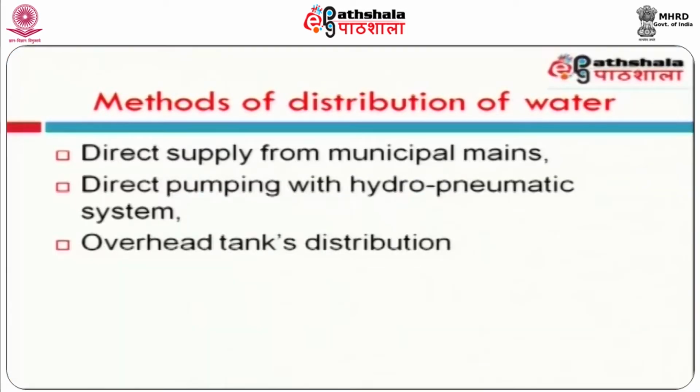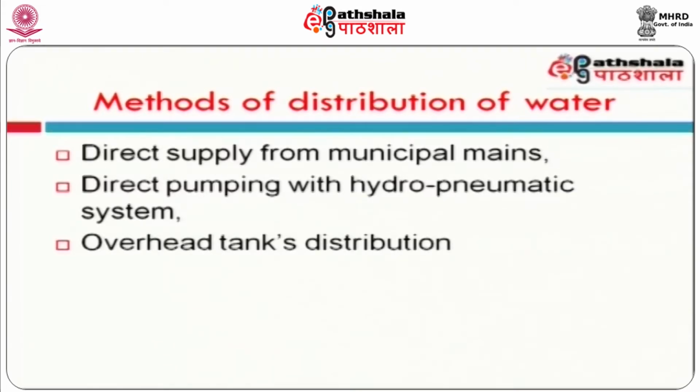Now, we will see the different types of distribution. So, here we are discussing the distribution to the high-rise building. The high-rise buildings may have different floors. Like in cities and towns, here also we have to divide the high-rise building into a number of zones. In each zone, we can have 5 to 7 floors. If the number of floors is greater, we have to divide into 5 to 7 floors as a zone. For each zone, we have to provide one storage tank or service reservoir.